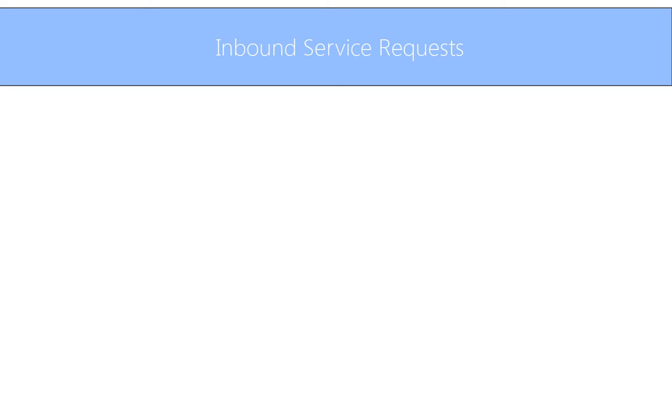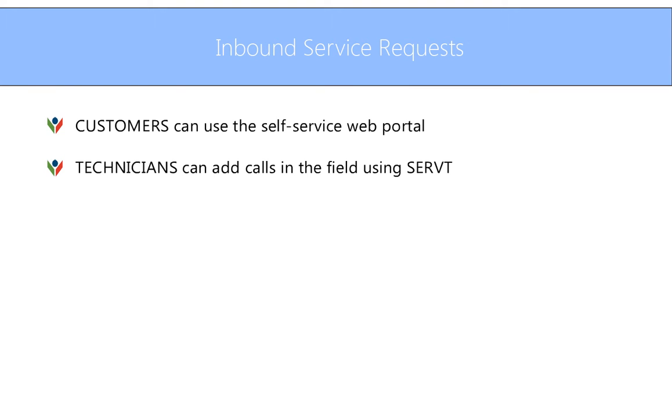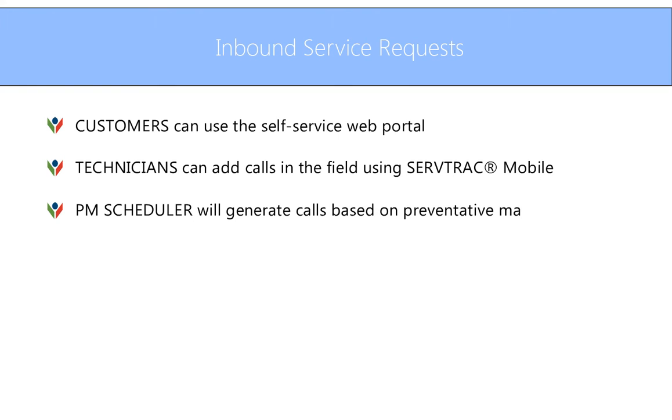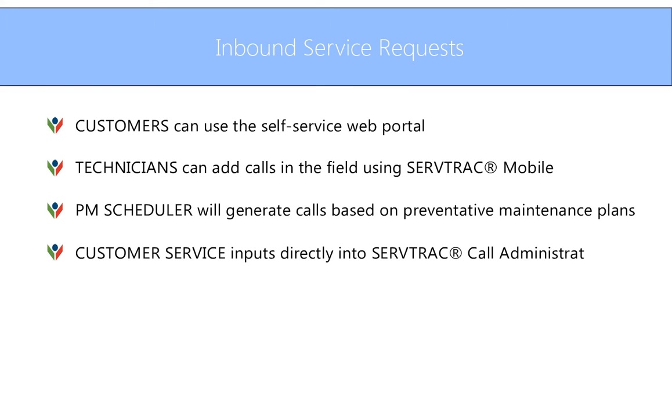Now let's take a look at entering a service call. Requests for service can be entered in multiple ways. The customer can submit the request electronically using the customer web portal. The technician can create a call for the customer in the field. A call can be automatically generated based on the preventative maintenance schedule, or a call can be added using call administration. The next part of this demonstration will describe how a call can be input quickly and easily using call